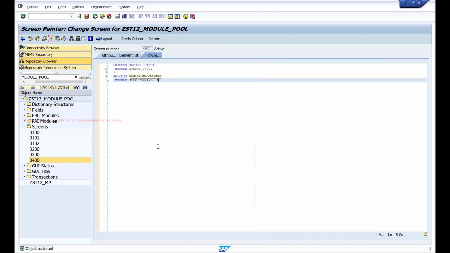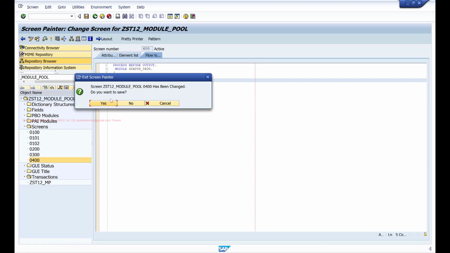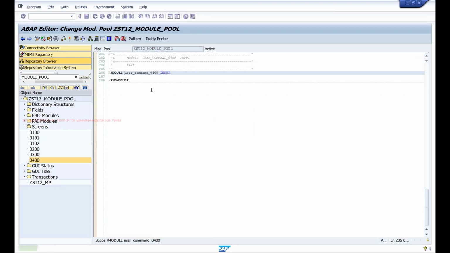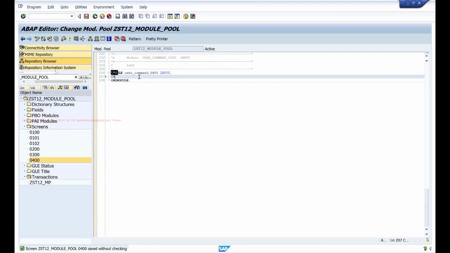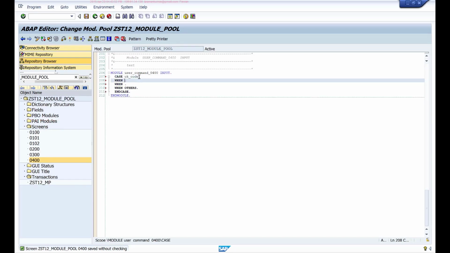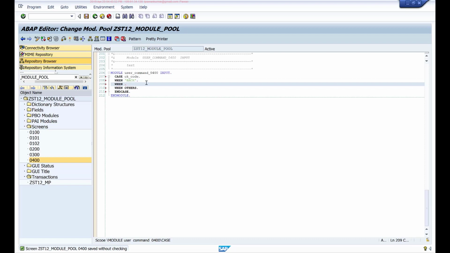I'll call this module, and I'll say case OK code when back. On this screen, if you are clicking the back button, then I'll say leave to screen 100.